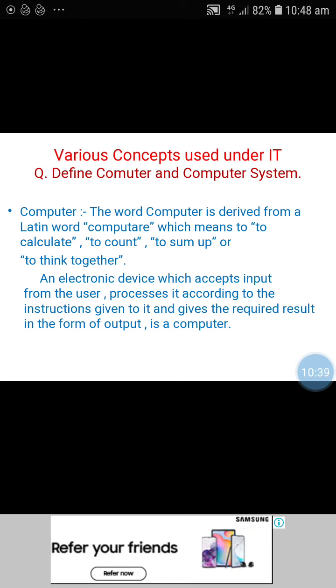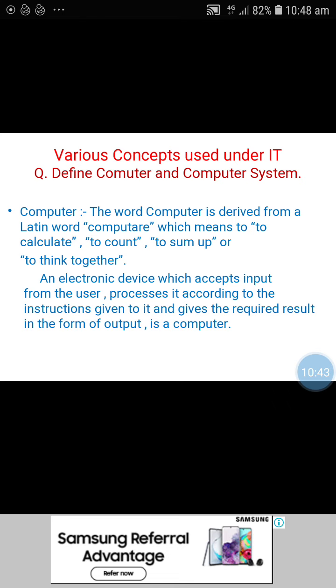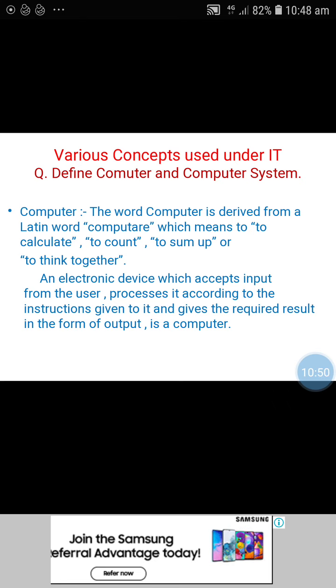An electronic device which accepts input from the user, processes it according to the instructions given to it, and gives the required result in the form of output is a computer.